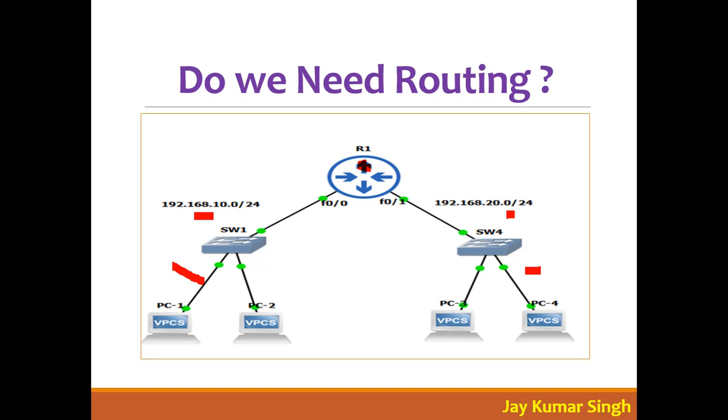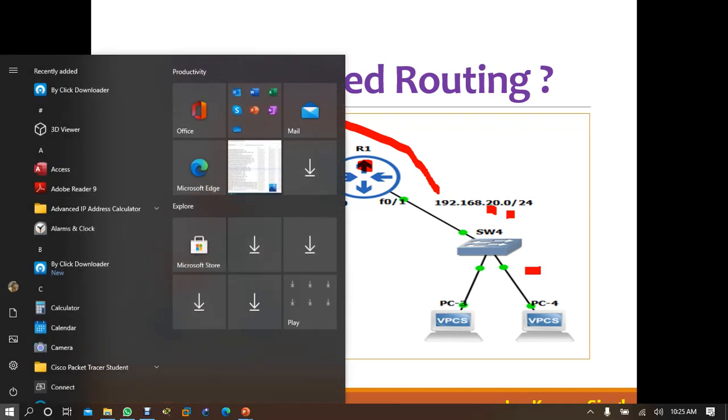You mean I just connected with the IP address to the router? Yes, and here on this router, do I need to configure routing so this network and this network can communicate? No, you don't need routing here. Why? Two networks, yes, one is 10 and one is 20. You need routing. It's two different networks. So let's verify whether we need routing or not.